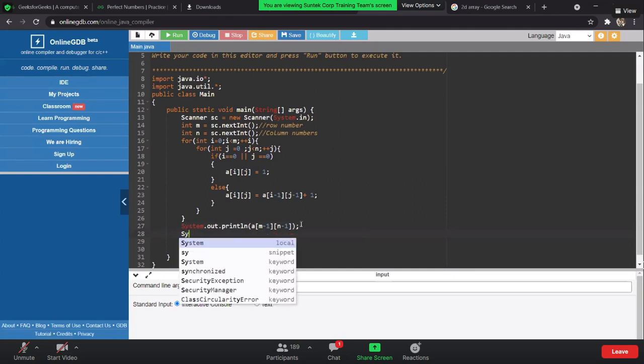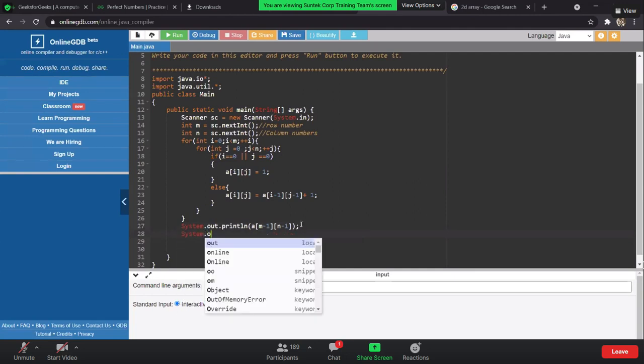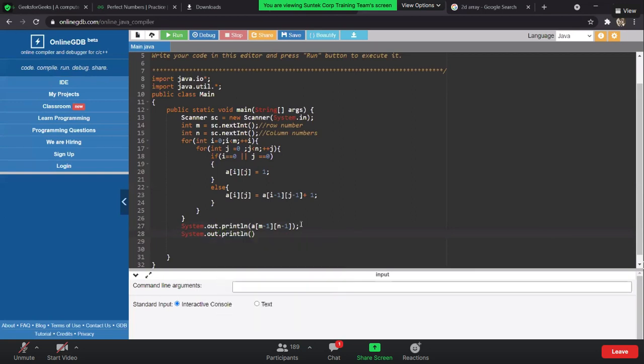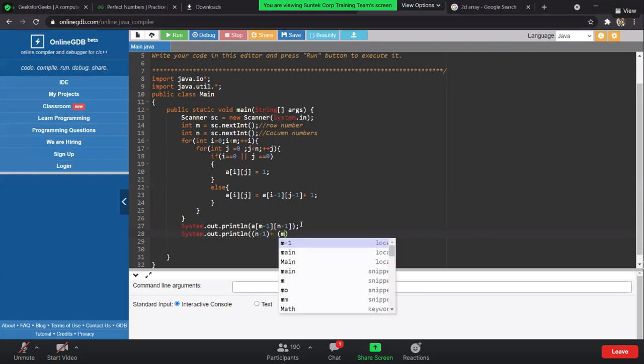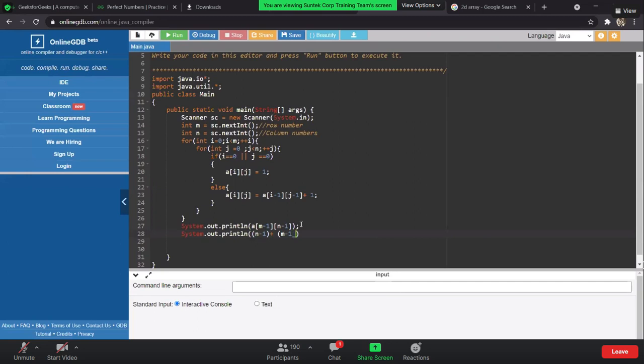I'm not able to copy it from there, so maybe I can just print out this as well. Guys, please correct me if I'm somewhere going wrong, right?